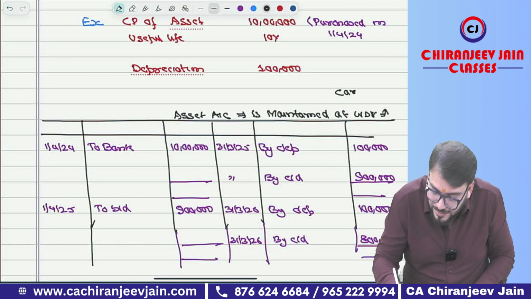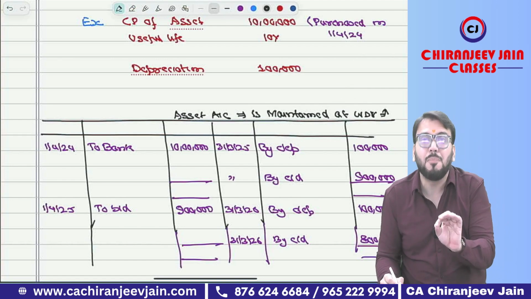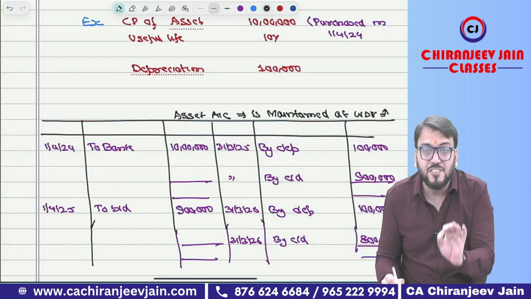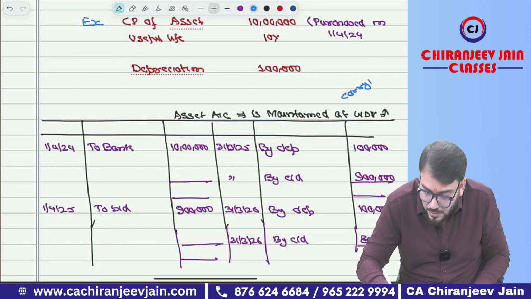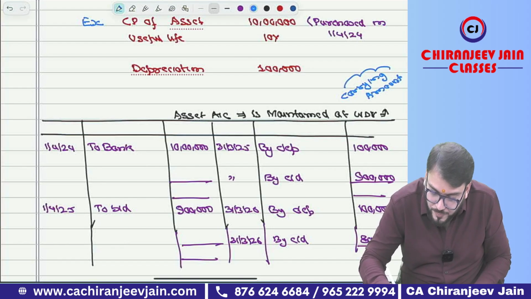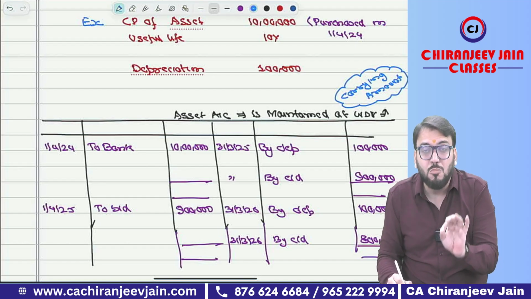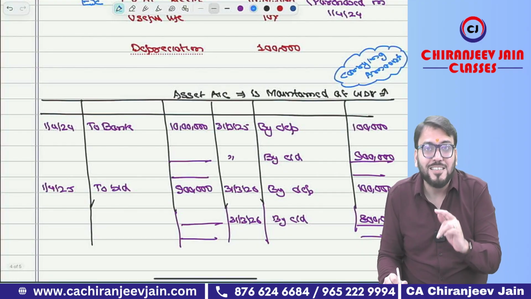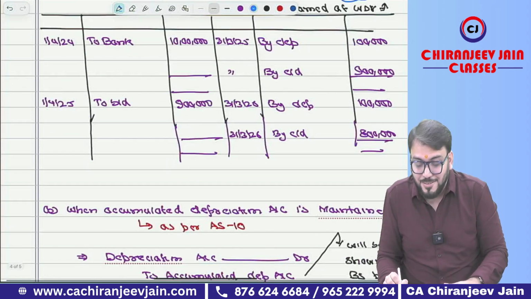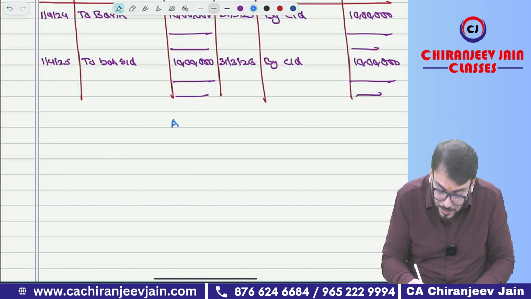We call it carrying amount. Carrying amount means at what amount it will be shown in the balance sheet. At what amount it will be carried in the balance sheet, that is carrying amount. Okay, so we will now start using this term carrying amount, because in accounting standards normally they use the word carrying amount. So whenever I say carrying amount, it means what amount will be shown in the balance sheet, that will be WDB. So in the first method, can I say asset account is maintained at WDB, but in the second method asset account is maintained at cost price, and for this purpose we'll have one more account,